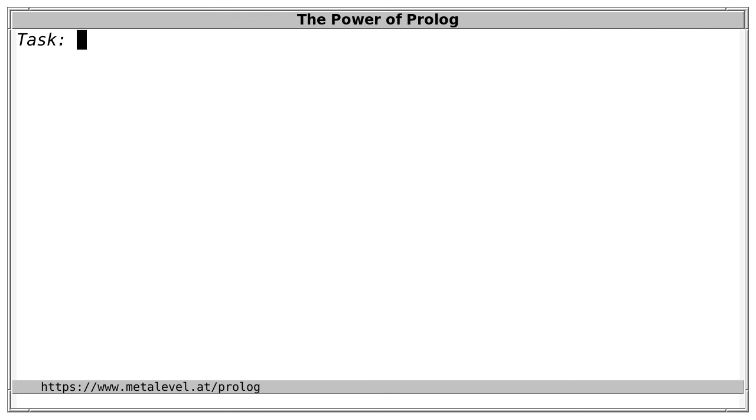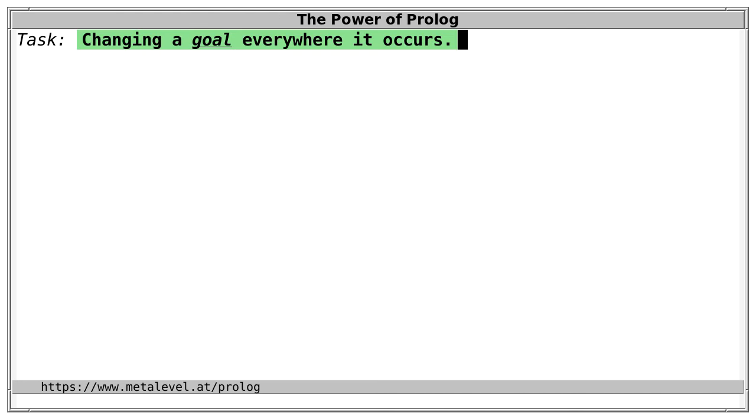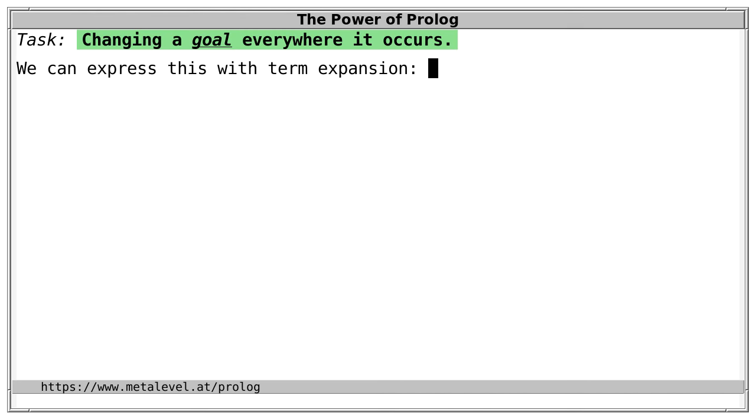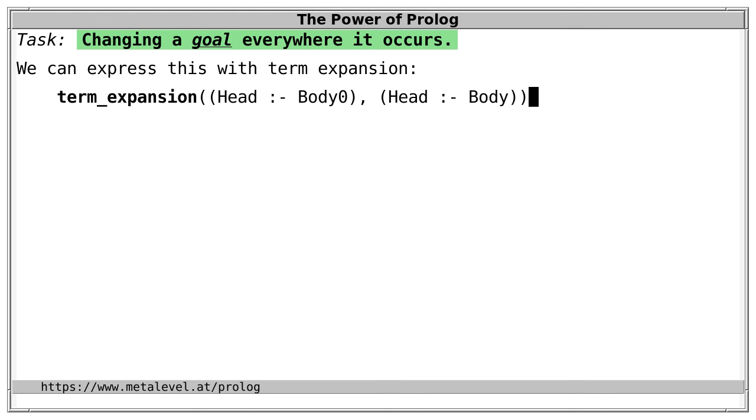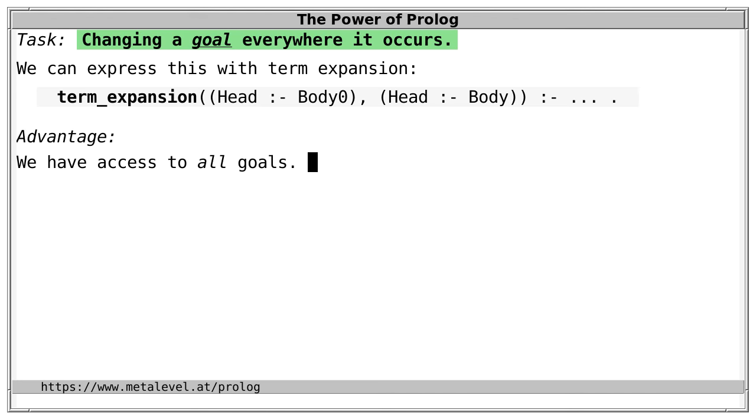Now, let's consider a very specific case of transformations, changing a goal everywhere it occurs. And of course, we can express this with term expansion, right? We could define a rule for term expansion where we say every rule Head :- Body0 that occurs is changed to Head :- Body, subject to certain constraints, namely Body is like Body0 except for certain goals which are replaced by others. So we can do this with term expansion, with the clear advantage that we can access the